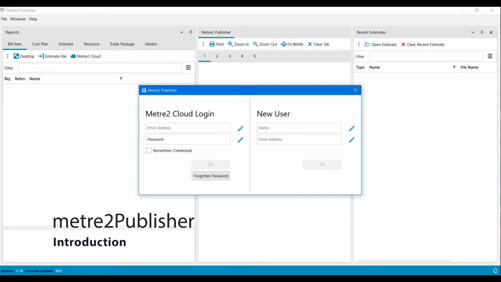The metre2Publisher is the application we use to report against metre2 estimating data that's been provided or produced by the metre2 desktop product or has been stored in the metre2 cloud product. It's important to recognize that you can use the publisher independently of the desktop estimating system, so you don't have to be a license holder of the estimating system. You can just report against estimates that you've been given access to, either by the cloud or by individual product